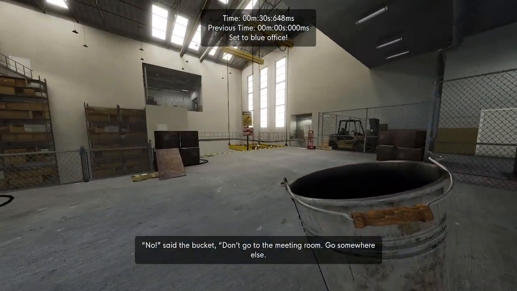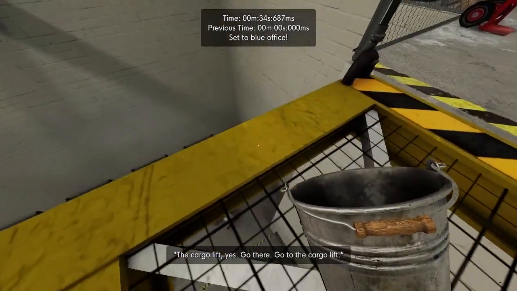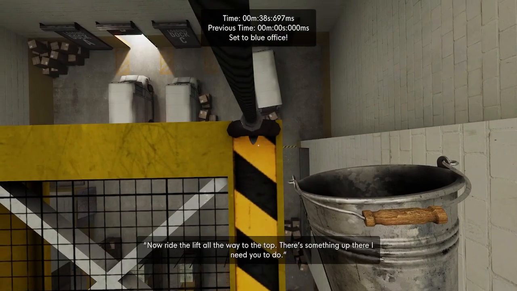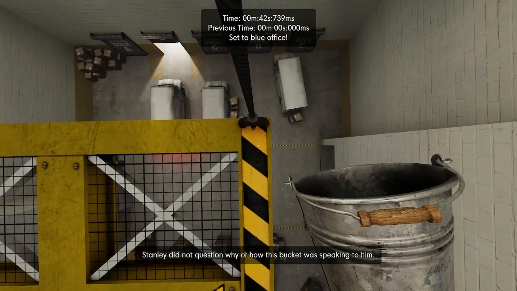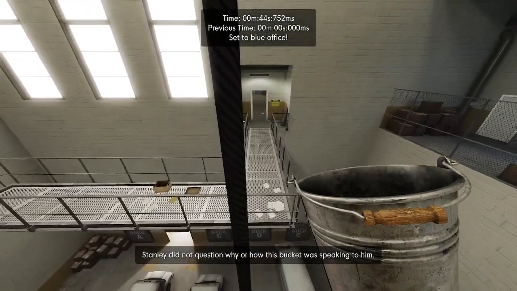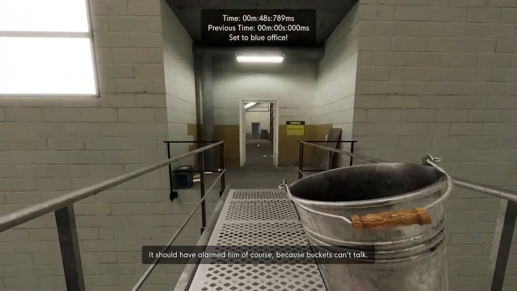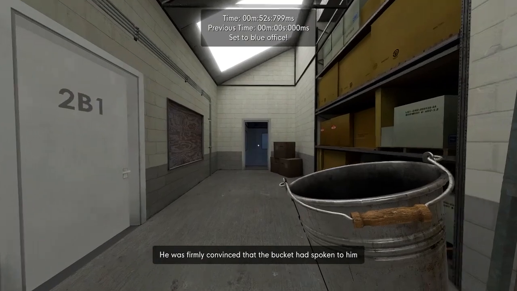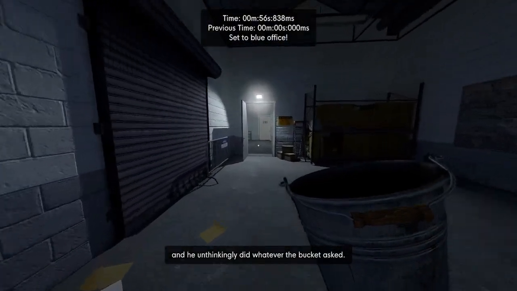No, said the bucket. Don't go to the meeting room. Go somewhere else. The cargo lift. Good, said the bucket. Now ride the lift all the way to the top. There's something up there I need you to do. Stanley did not question why or how this bucket was speaking to him. It should have alarmed him, of course, because buckets can't talk. But Stanley chose not to think about this obvious fact. He was firmly convinced that the bucket had spoken to him, and he unthinkingly did whatever...